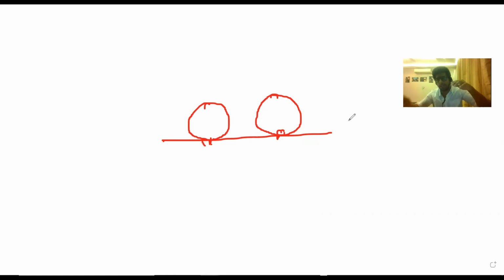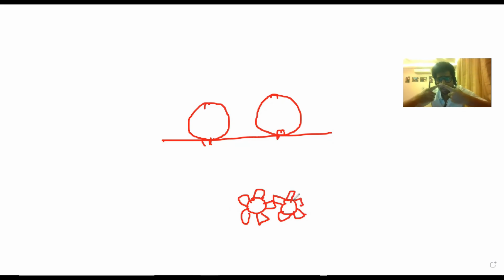In a similar fashion, consider the gears of a car or gears working in industry. Here is the first gear with n number of teeth, and this is another gear with n number of teeth. It is in mesh with the other gear, meaning it is in contact with it. This is the point of contact of these two gears. If this gear is moving anti-clockwise, then the other will always move clockwise because of the tangential force acting here. These are applications of the point of contact, and they are very important.